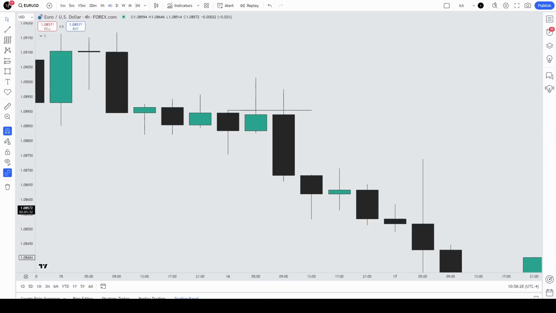For some of you who have been around longer, been around my content, and are more familiar with ICT concepts, start looking at how price reacts to premium and discount of the wick here. Lots of times this Judas swing on the 4-hour 9 a.m. candle rallies higher into a premium and drops, because everyone's getting scared. If you have your stop loss here and you're short, let's say you did get on the right side of the market and you're short, when we're pumping it up like this,